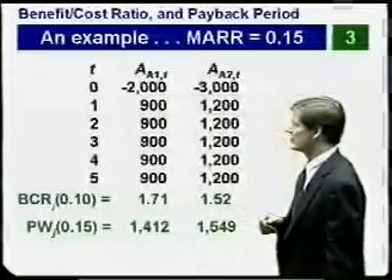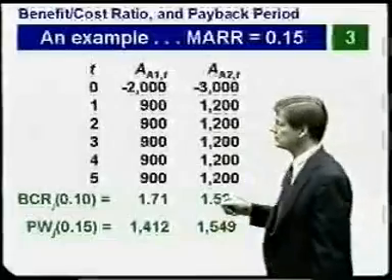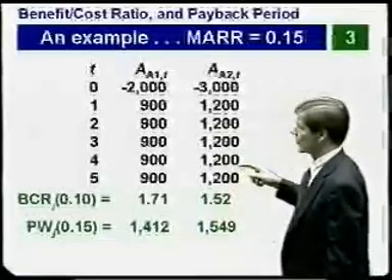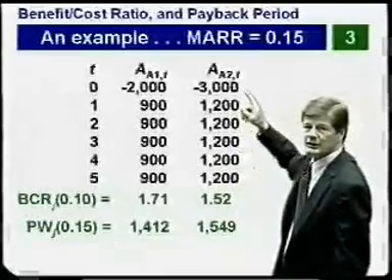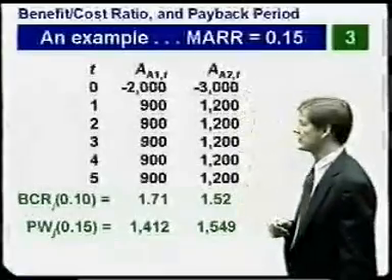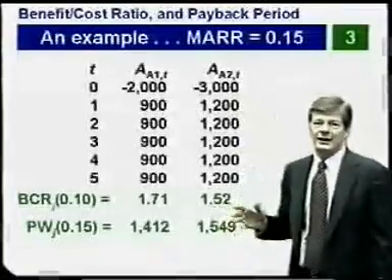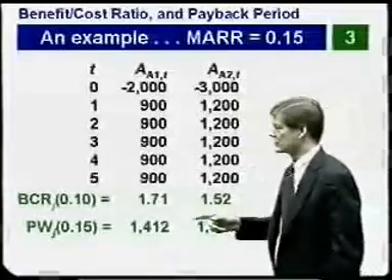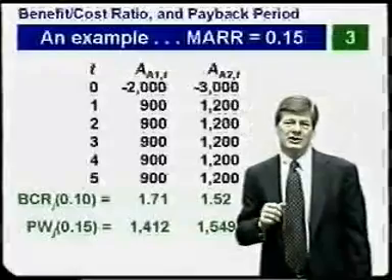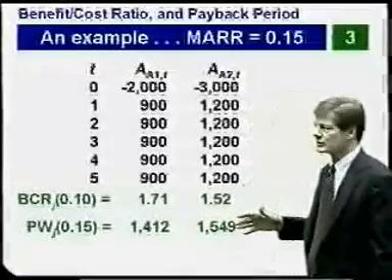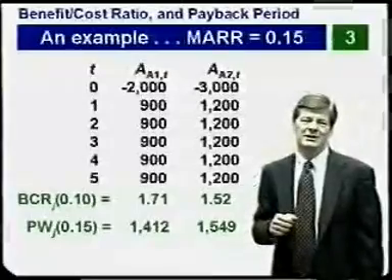Alternatively, the benefit cost ratio for alternative A2 is 1.52. Specifically, that's the present worth of these benefit cash flows as of time 0 divided by the prospective cost of $3,000 results in 1.52. I can also calculate the present worth for each of these alternatives, and they are shown here. Now, some individuals would look at this series of calculations and be in a bit of a quandary, because